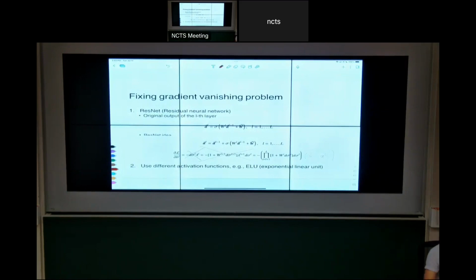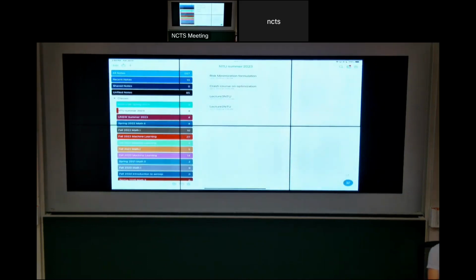So we were actually talking about the vanishing gradient last time, right? I mean, yesterday. And we showed one way to fix it, which is a ResNet, right? Or we can use any different activation function, and you need to be careful. One of them, the ELU, is actually quite good. Okay, so let me go back to